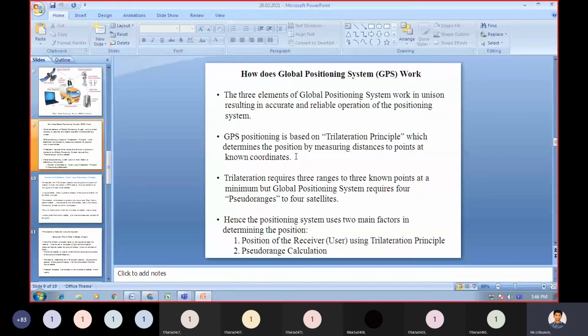For pseudo range calculation, you need to use two frequency bands, L1 and L2. You know it. The primary signal is broadcast only on L1, and it is modulated with two information signals called the coarse acquisition code and the precise code. These two are important from the working principle.